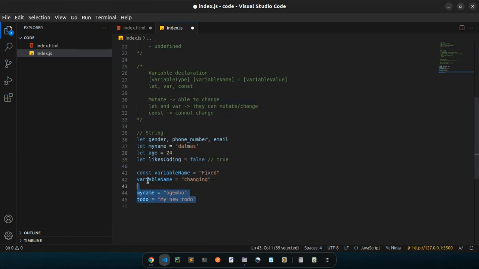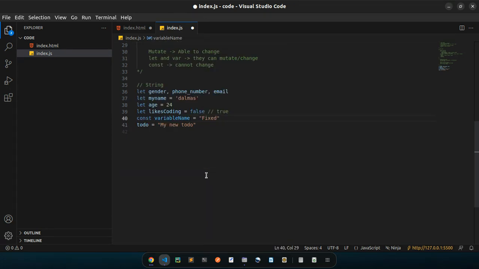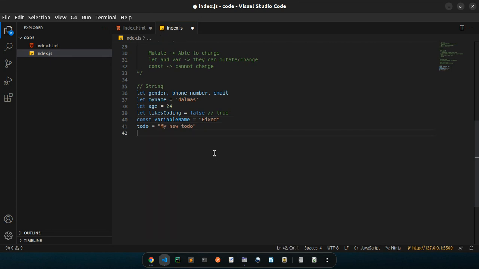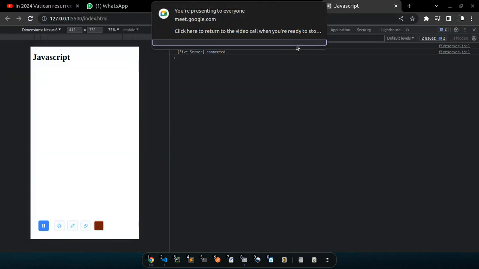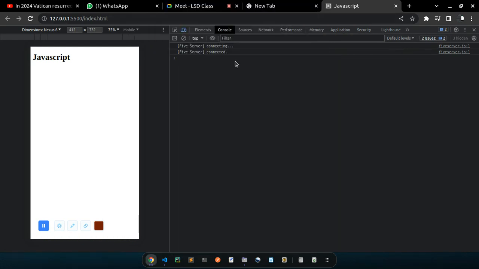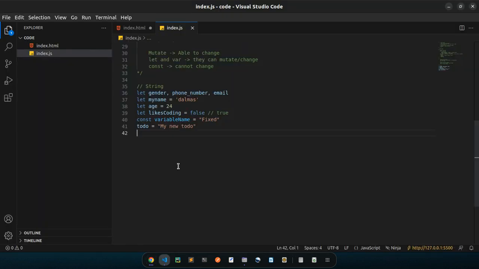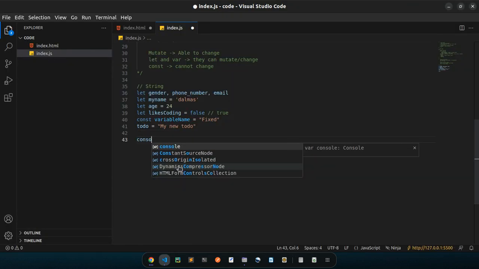So I'm just going to delete most of this up to here. No, I don't want to delete that one. So these are just declarations so far. So I'm going to go to the browser and see what we have in the console. If I come here, go to the console, you will notice nothing is happening because we have not printed anything. So to print something in JavaScript, we use a term called